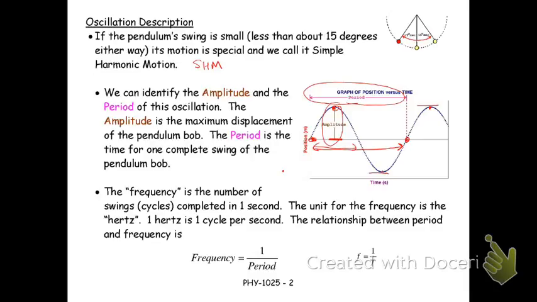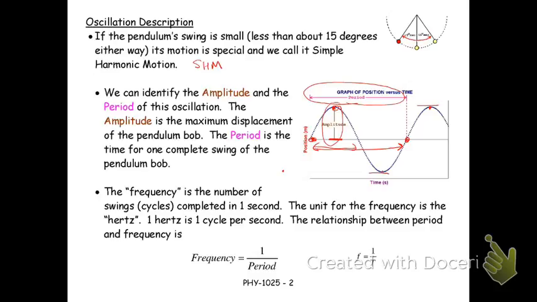Slow oscillations give you long periods. Quick oscillations give you short periods. People tend not to like to talk about things that get very much less than 1. They just feel less comfortable with it.